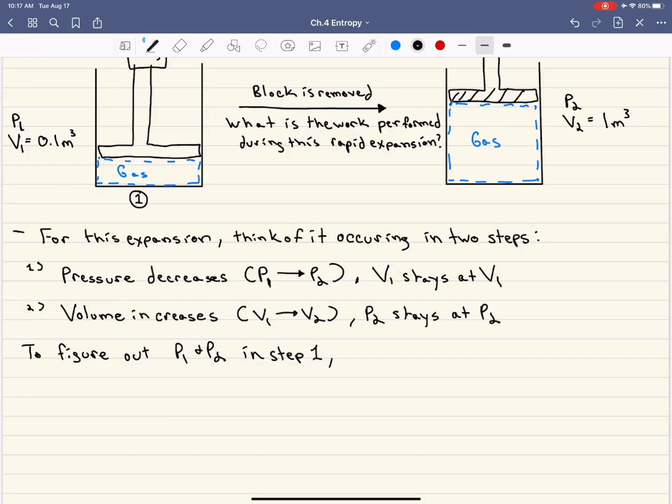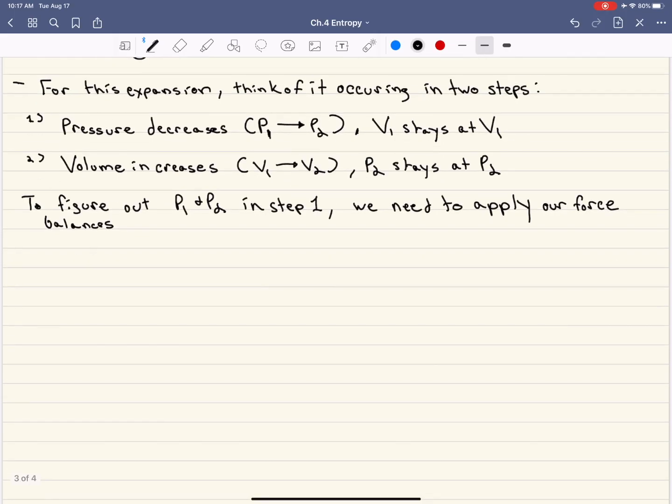So to figure out P1 and P2 in step 1, we need to apply our force balances. All right, and so in state 1,